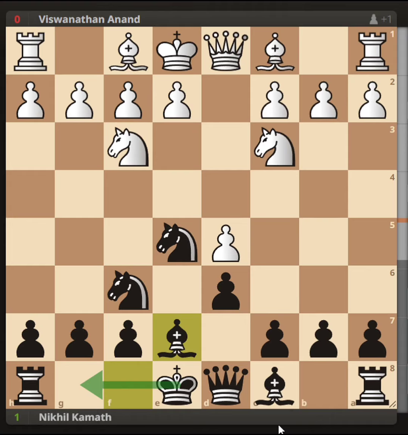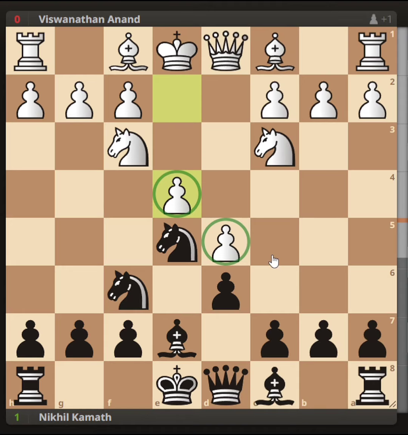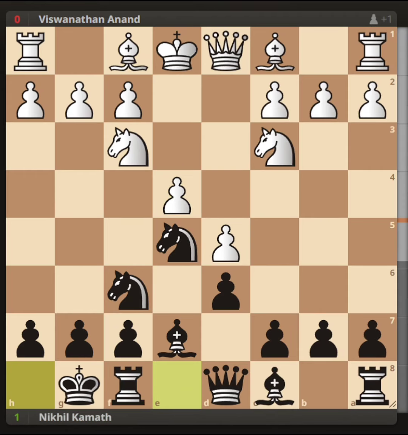Here you can see that black is preparing to castle, and after this Anand pushed, sorry, e4, which creates a central pawn structure which is very solid, and after this black also castled. Okay, now bishop to e2. Vishy is also preparing to castle, but after this Nikhil finds an amazing move c6, and you can see that